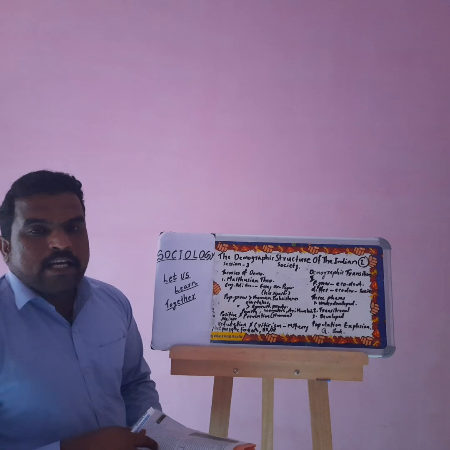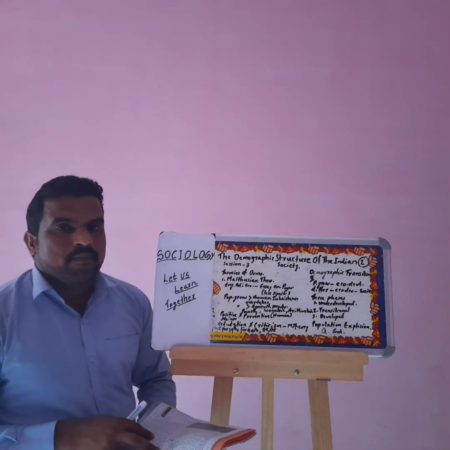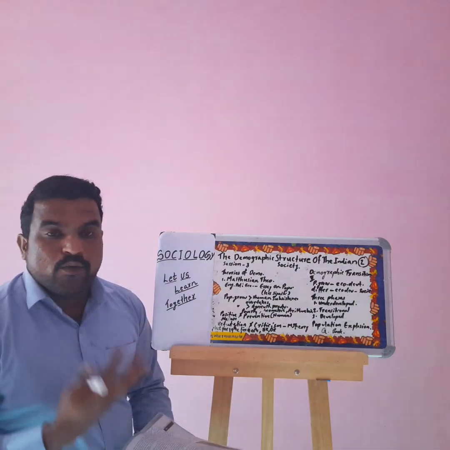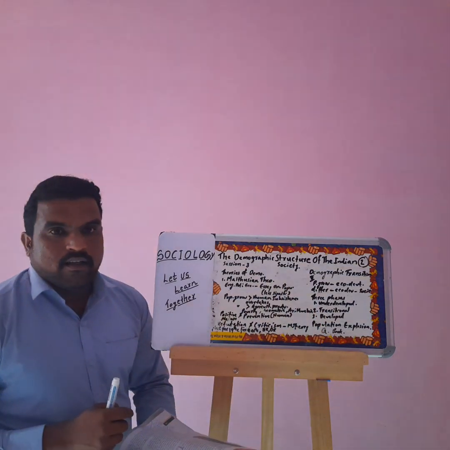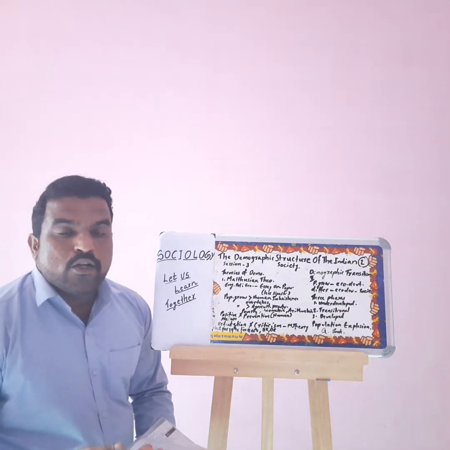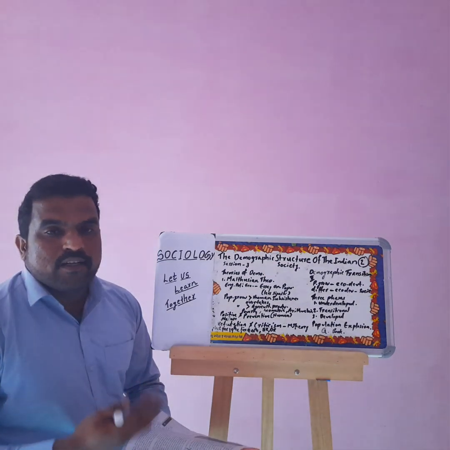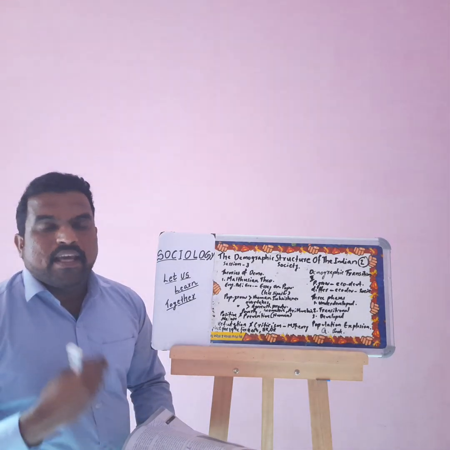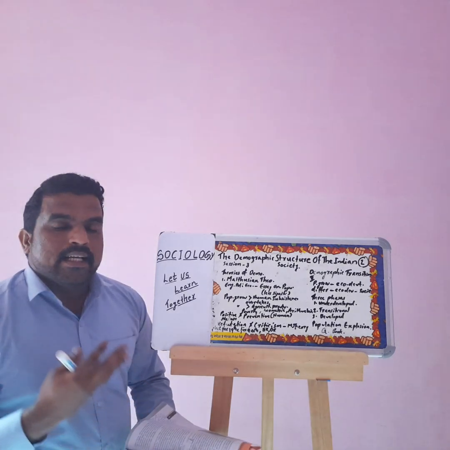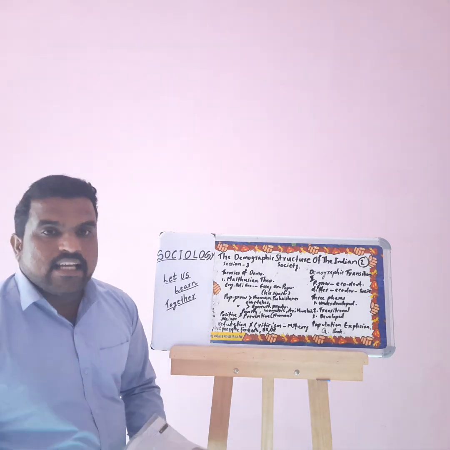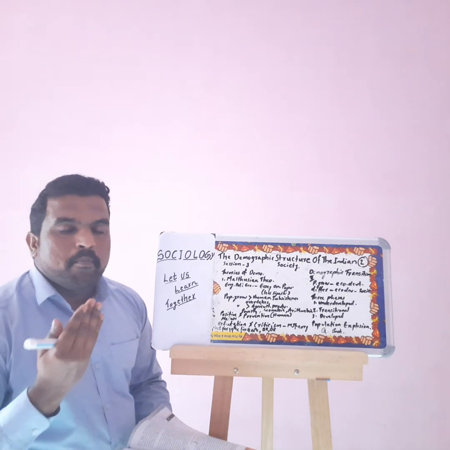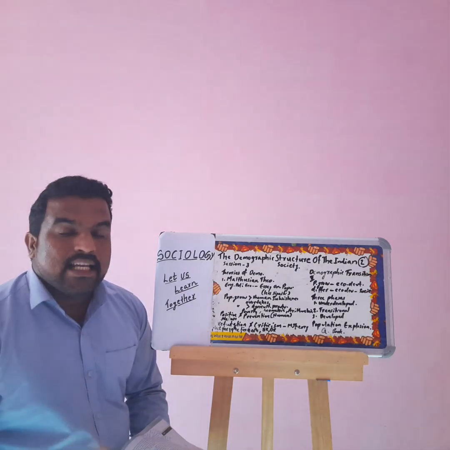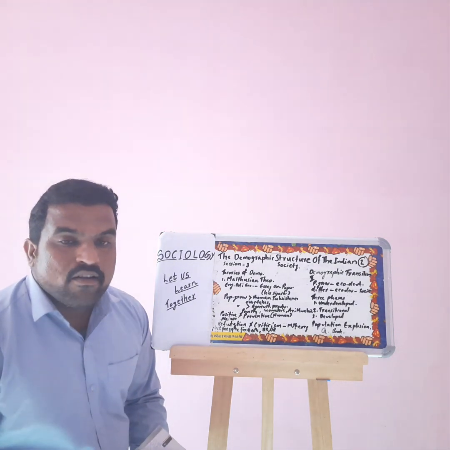Why did their birth rate increase? Because the parents who were facing the situation in the first stage found it difficult to control the production of children. In the first stage, because of the high death rate, the parents were producing more children. This mentality continues in the second stage, so the birth rate increased. For a long time this kind of mentality stayed in the minds of the people.